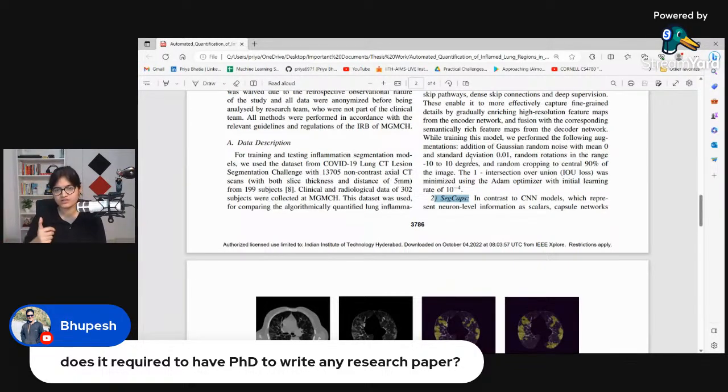Before that, there was no such research work comparing CNN versus non-CNN-based models. Secondly, in terms of COVID data, it happened for the first time. So that's where I got the point to write it down and get that research done in a proper way. That's how you have to pick up a new idea which was not already there. If it's already there, then what's the benefit of doing that? So when will the competition be less?